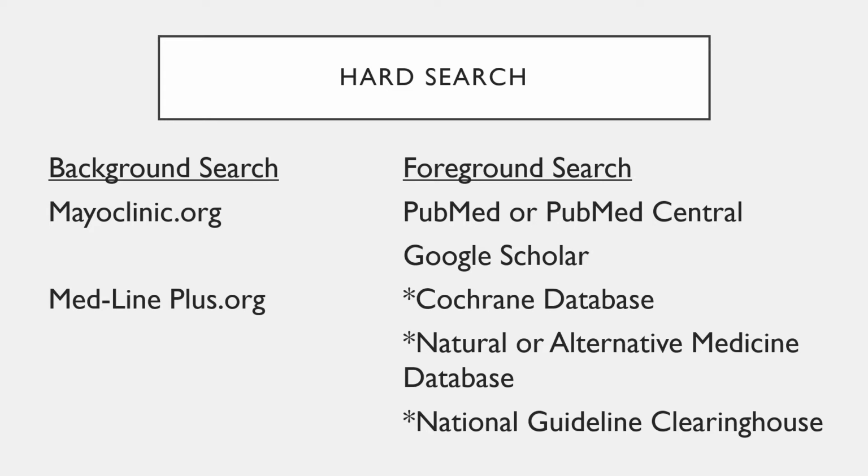All right, so hard search, we look at this as, again, that background and that foreground. So if we look over at the background search, those are things like mayoclinic.org, medlineplus.org. Those are the places where you go as a regular person, quote unquote regular person, to gather information about something like, let's say, low back pain. And so that's going to give you some basic information. It's going to be maybe some treatment outcomes, maybe some common suggestions, and then maybe some resources on where to go